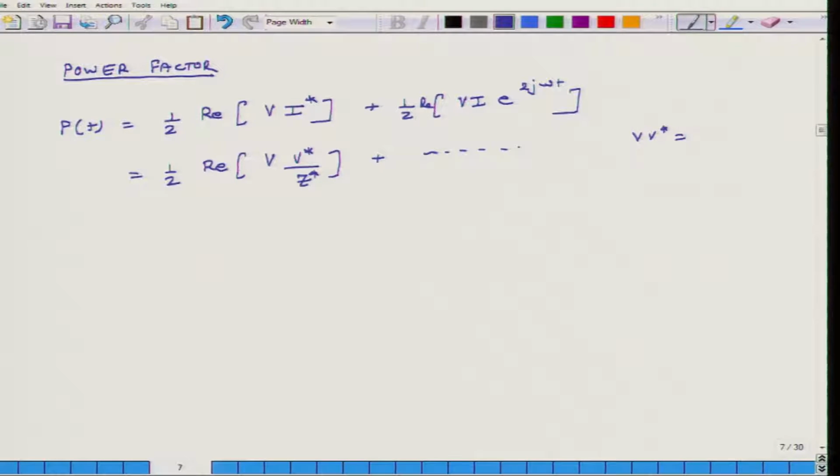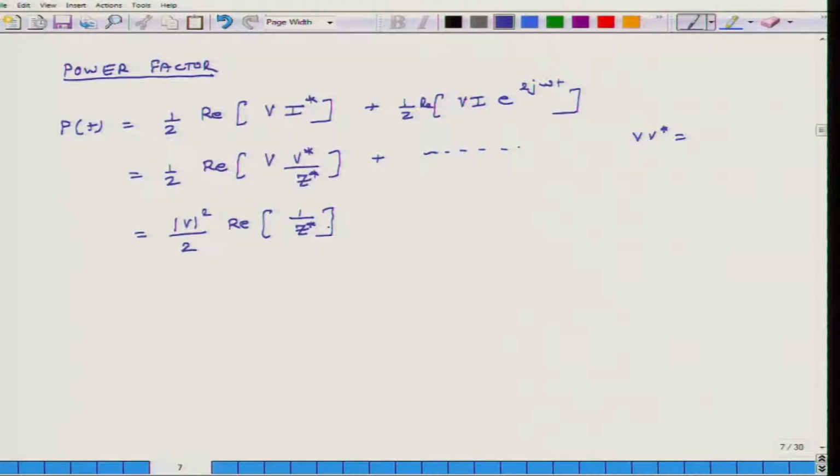It is the square of the magnitude. A complex number multiplied by its complex conjugate just gives us the complex magnitude square. So, this is equal to modulus of V whole square divided by 2 times real of 1 over